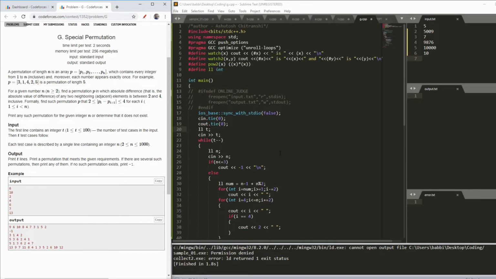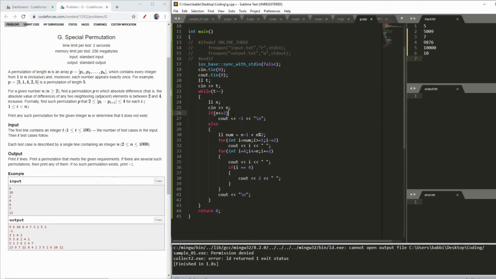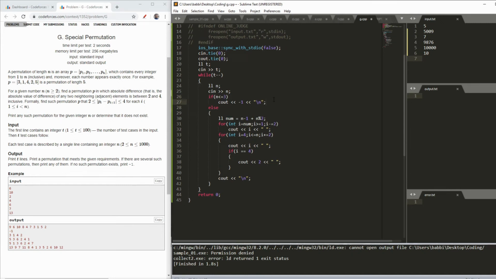So let's very quickly move to the code. First of all, I had my t number of cases, then I had my n. Then if n is less than or equal to 3, then it is -1, as I clearly stated before. Now to have this sequence, what I first do is check the maximum odd element I can have. Suppose in the case I explained it was 9, so I printed 9, 7, so I started from 9 basically. So I will write all the odd elements.